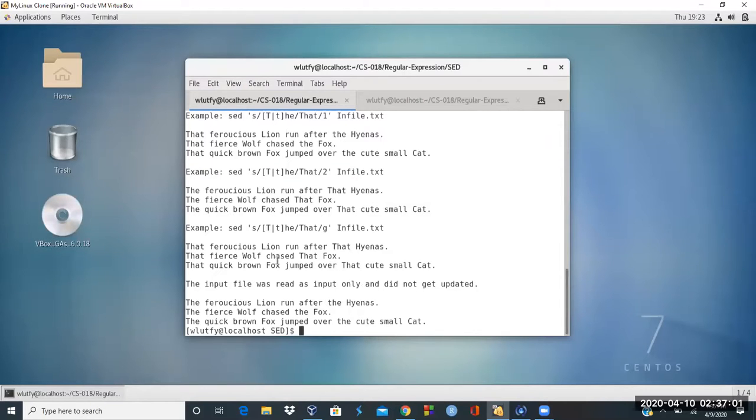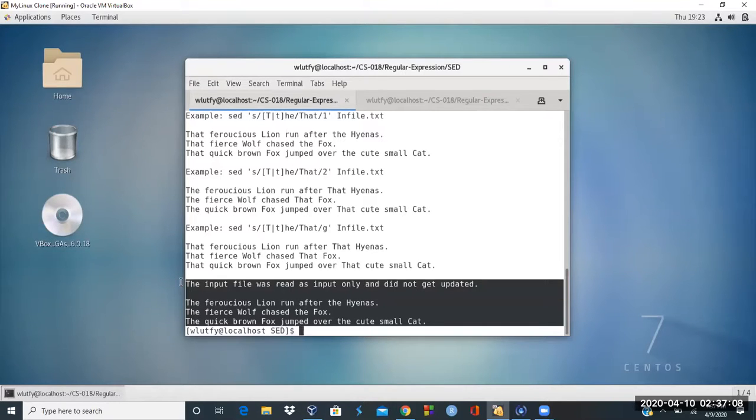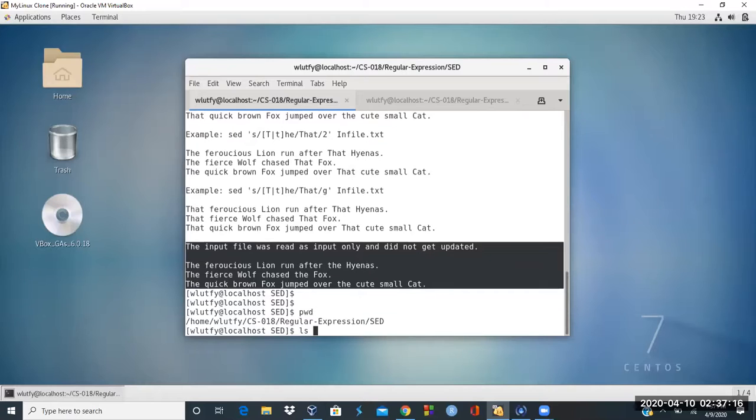And then after I did the globally, I just print out the file again and say, look, the file was not changed because sed works on the standard output. So we're good with that. Now let's look at the next example, which is